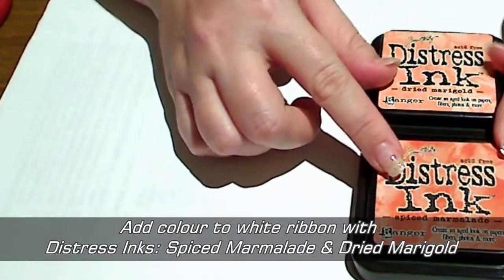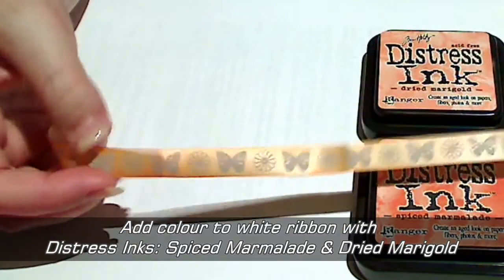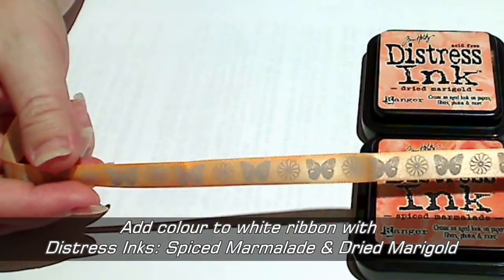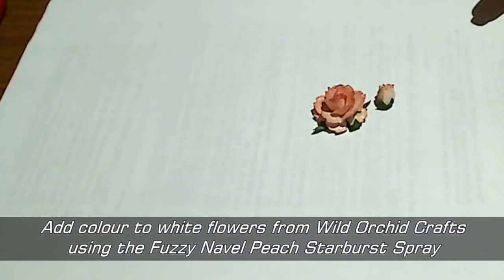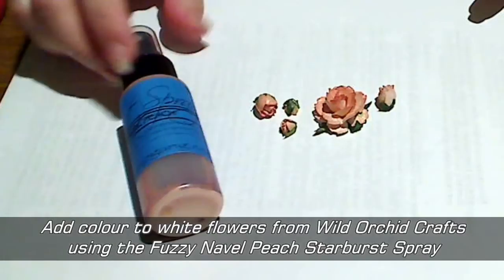Now, still sticking with these same two ink pads, I've then coloured a piece of white ribbon. I've just dragged this along, spritzed it with water, and then dried it off with a heat gun so it stays nice and flat. Now I've swapped back to the Fuzzy Navel Peach in the Lindy's Stamp Gang Starburst spray,